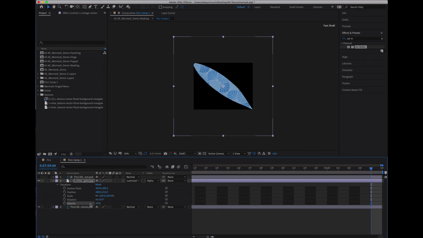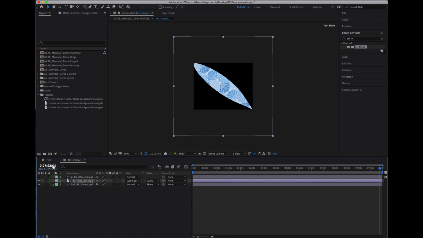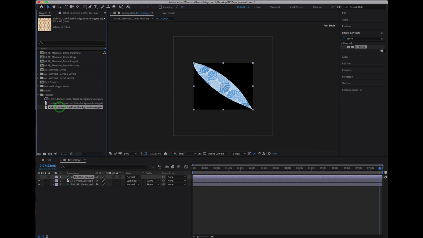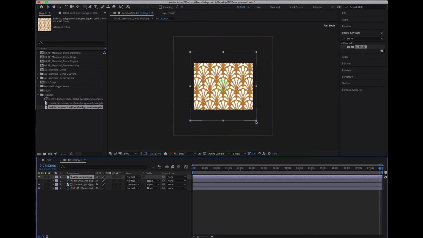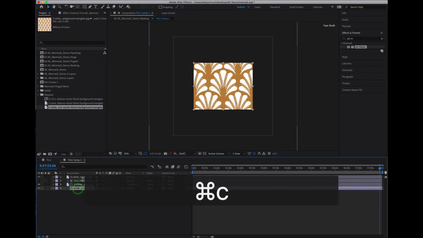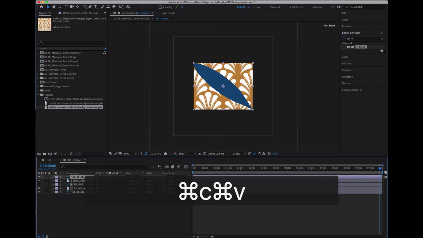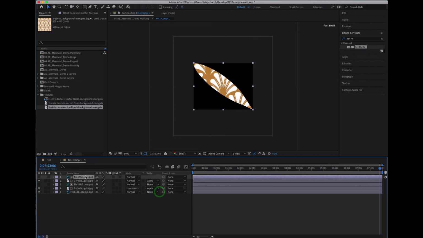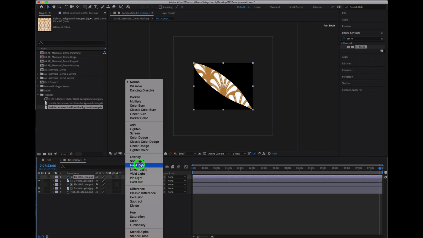Being that it's keyed, you could actually keyframe the effect that you wanted. So say you wanted it to go from no texture to lots of texture, you could key the opacity. And if you wanted to take it one more level, what I did in the final demo is that I took the other texture and put it on top of that, and then again you take this fin shape, copy it, and just paste it above. Tell this layer to take the track matte from the fin above it,